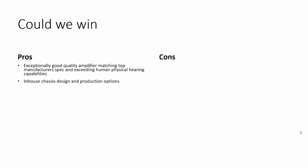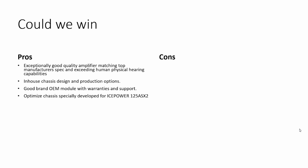There is a summary of our team brainstorming before this product was developed. Pros: exceptionally good quality amplifier matching top manufacturers' specs and exceeding human physical hearing capabilities. Satisfying broad customer demand in the power range from 50 watts and above. In-house case design and production options, significant advantages and flexibility. Good brand OEM model with warranties and support. Optimized cases specially developed for